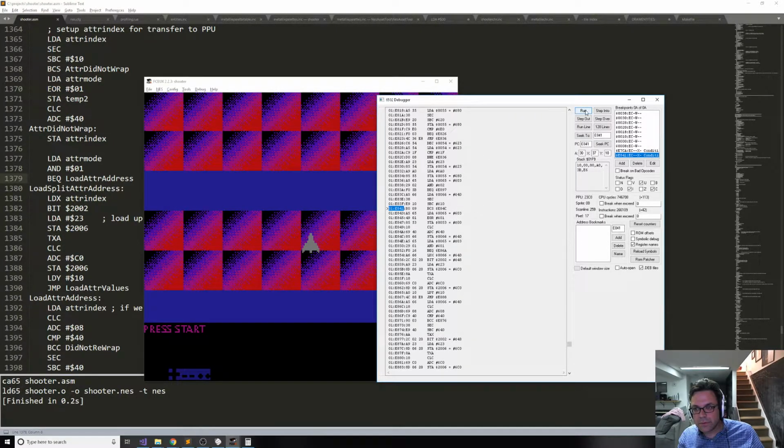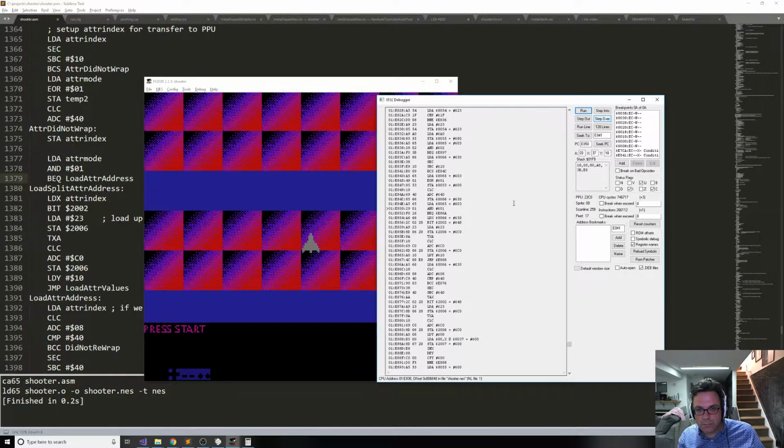And let's see what's going on. So step over that. I wish it would highlight the line and not just have that little caret there or the greater than, because it makes it a little bit tough to follow. So AND and a branch if equal, which it's not, so now it's going to load the split address, so it's loading attr index, which has 30,